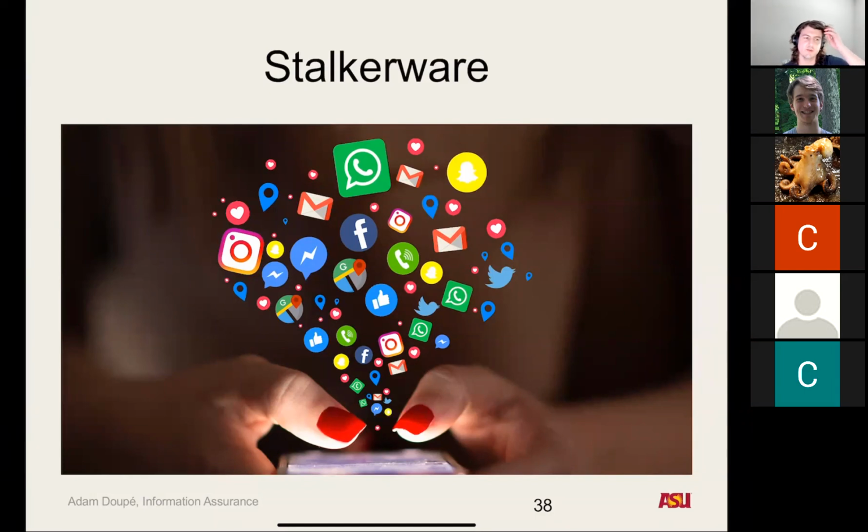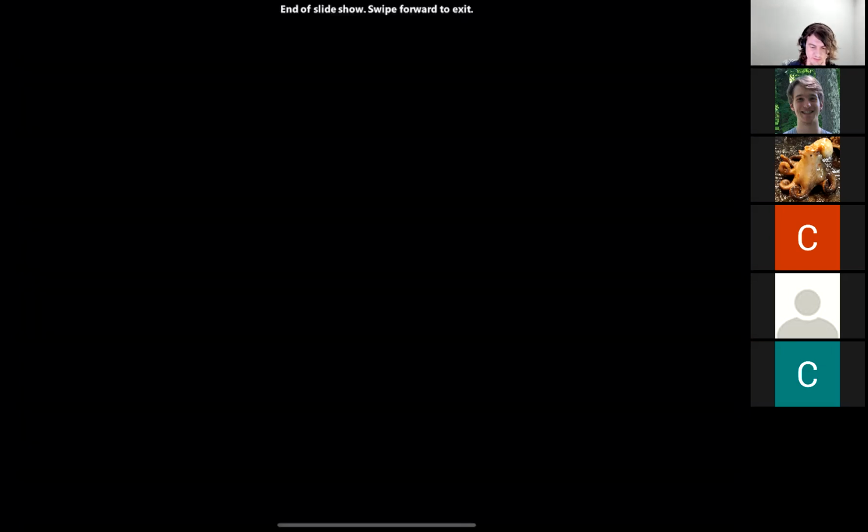And the sad thing is it took people pointing out that, hey, this software is not just potentially unwanted, but it's actually mostly used in stalking people. And so we should really think about ways to limit this, right? One thing you can do is have the operating system show you an indicator that says, hey, your screen's being recorded. Because if you know it, then fine. But the point is, if this can happen without the user's knowledge or consent, that is the major problem. And these are the kinds of things that have come up more and more on mobile devices. So this is why I wanted to mention it. I think it's pretty cool.